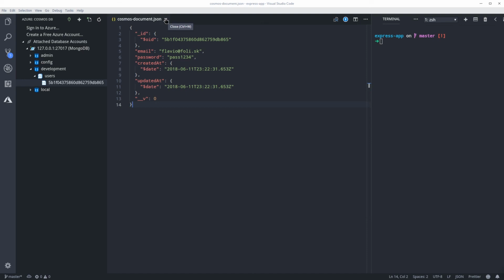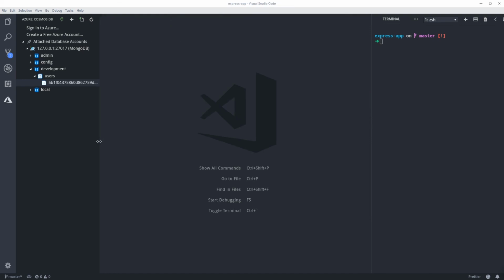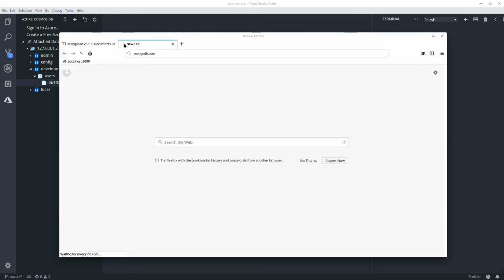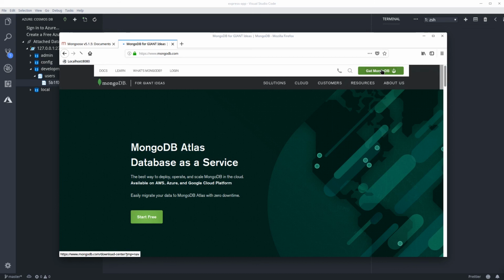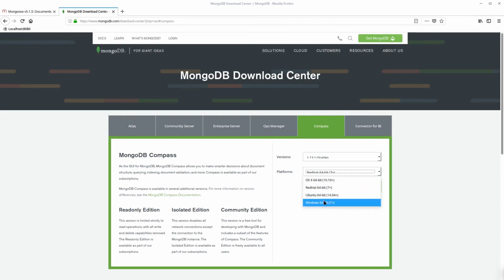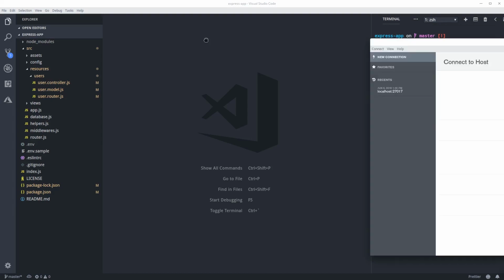So let's get going. If you don't have VS Code, well, you should get it. Otherwise, you can use Mongo Compass. Mongo Compass is free to use, and you can get it from mongodb.com. Here, if you go get Mongo, you can get the Compass over here. So you just choose whatever platform you are on. There's a community version, but the other one works fine as well. So you can just download it and install. The Compass,